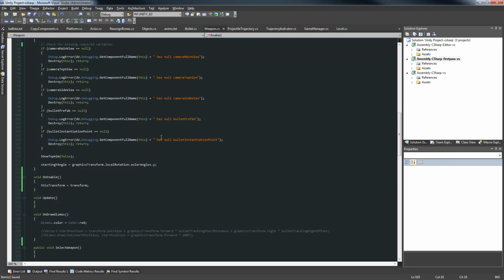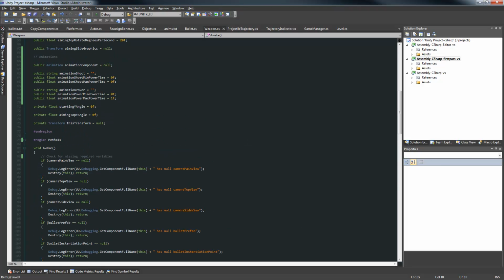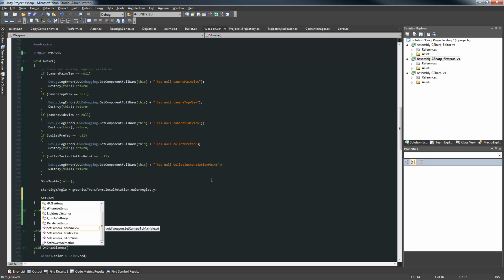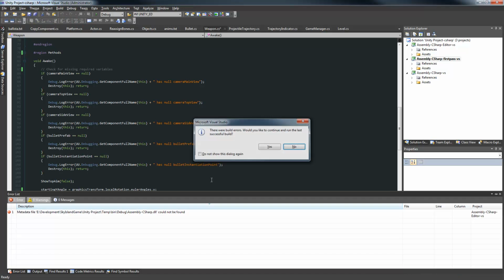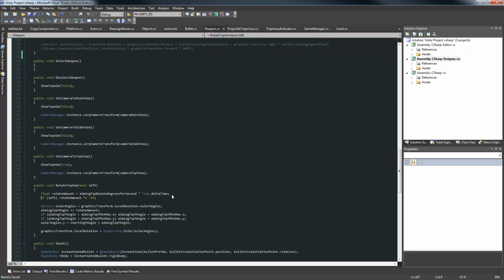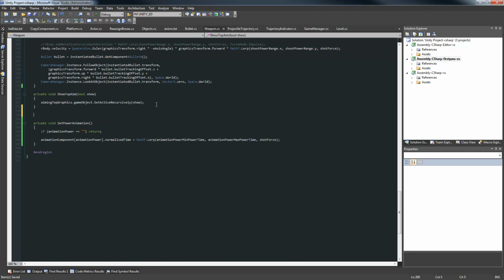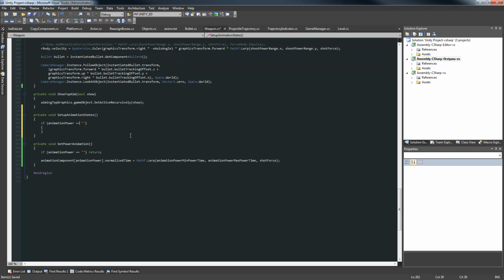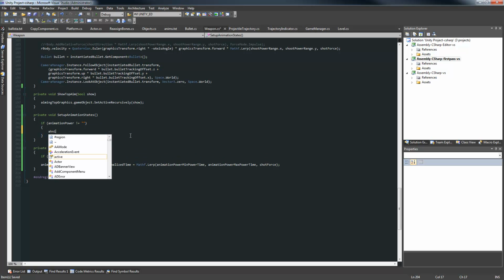Okay, so what was I doing before I started ranting? I'm just going to stick to Awake for now. I'll make a method, SetUpAnimationStates, down here. So what this method is going to do is it'll do this, but instead it'll see if that's not set, and it will say